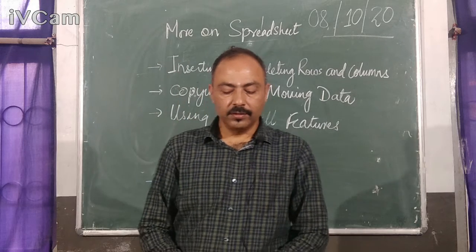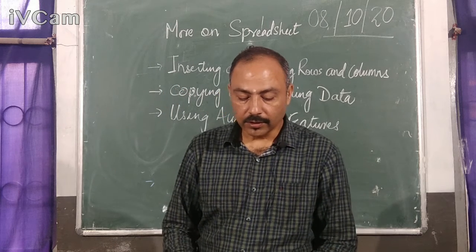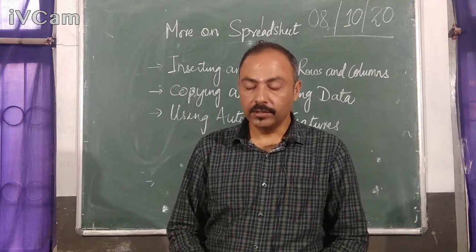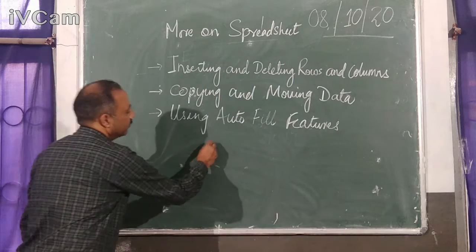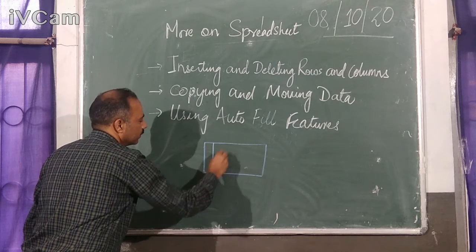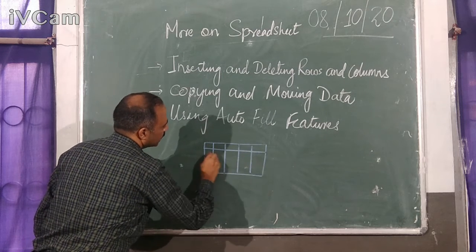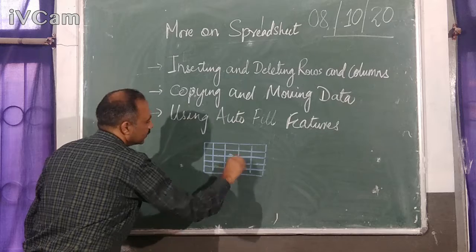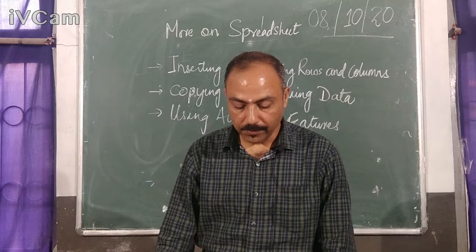We can insert new rows or columns in an existing spreadsheet. To insert the rows and columns, you have to click on the cell where you want to insert the rows and the column. A worksheet is made up of different rows and columns. The intersection of rows and columns makes the cell. So in order to insert the rows, you just have to select the cell where you want to insert the rows or the column, on the Home tab.